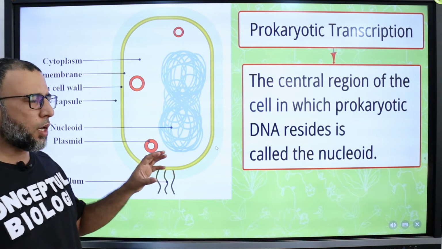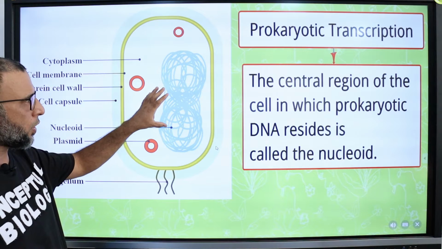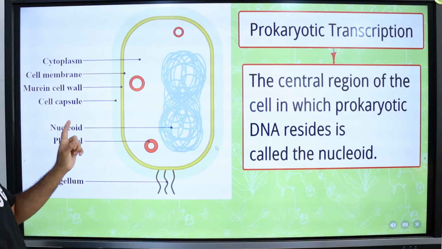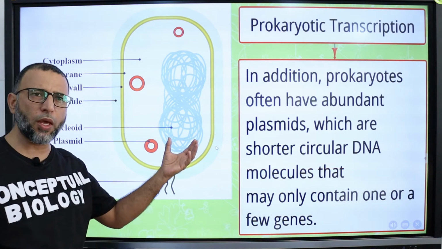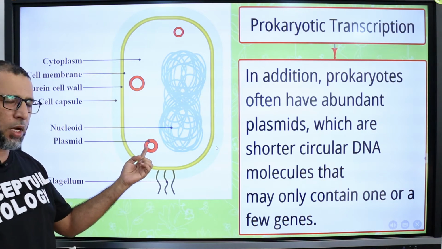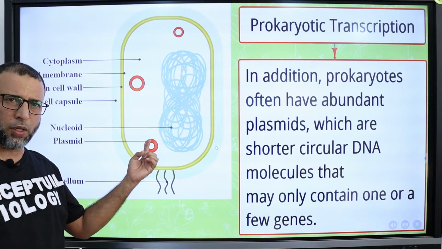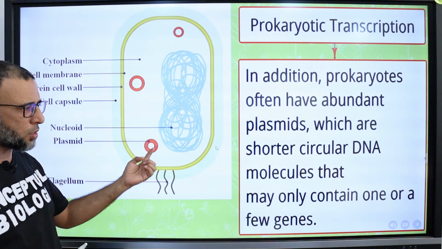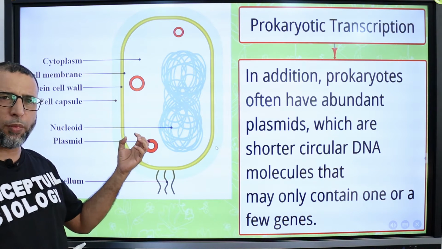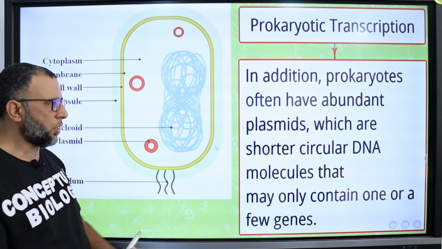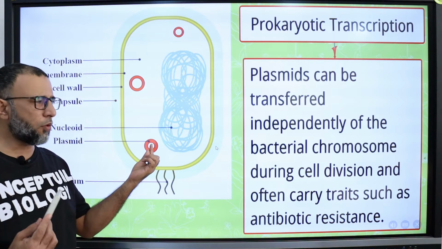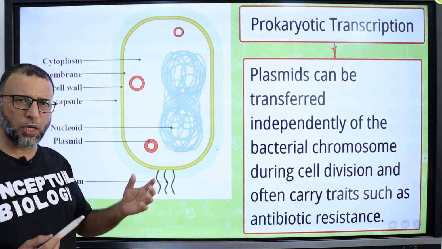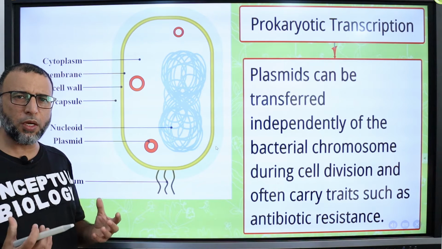The central region of the cell in which prokaryotic DNA resides is called the nucleoid. Prokaryotes often have abundant plasmids, which are extrachromosomal rings, shorter circular DNA molecules that may contain one or a few genes. Plasmids can be transferred independently of the bacterial chromosome during cell division and often carry traits such